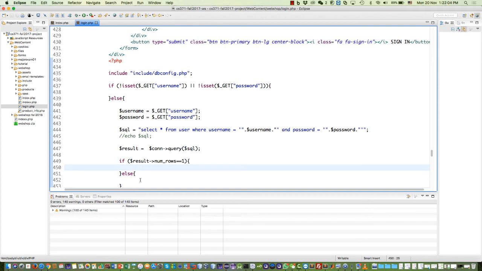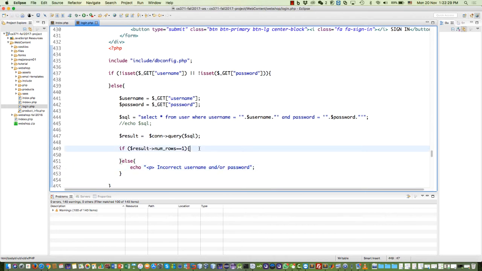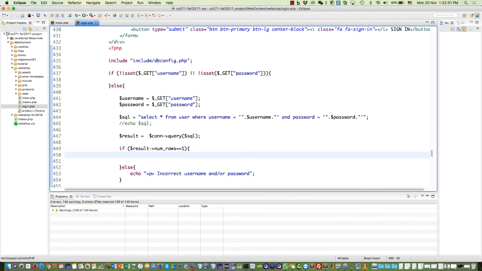incorrect username or password. So here we have to echo, we can put incorrect username and or password. Okay, and now here we have to process. So now this is important, this is where we are going to